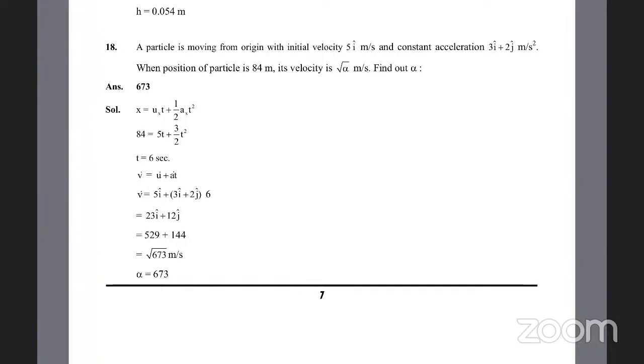So look at the next question. A particle is moving from the origin with velocity 5i meter per second at the constant acceleration 3i plus 2j meter per second square. When the position of the particle is 18 meters, what is the velocity? So its velocity is root 2 meter per second. Find the alpha value. So here you can apply